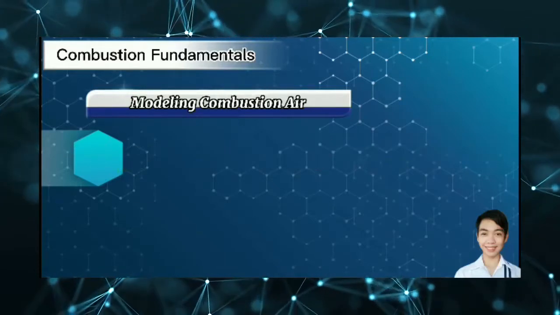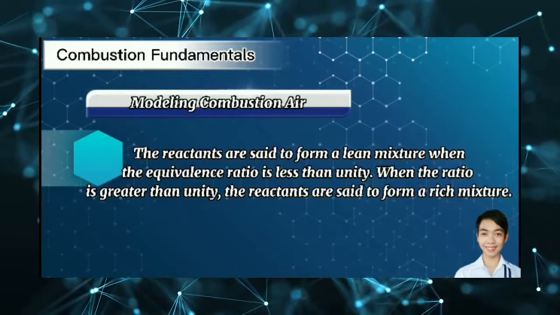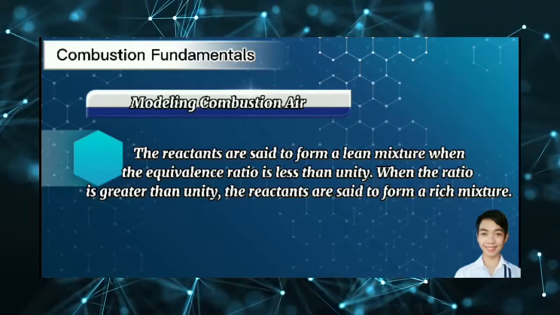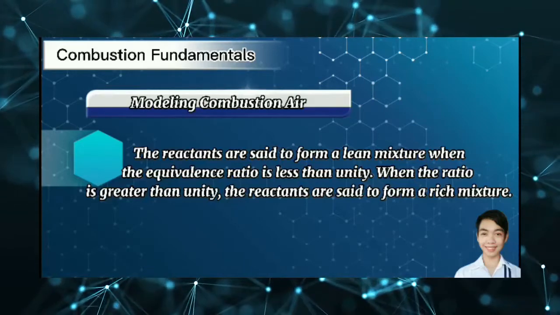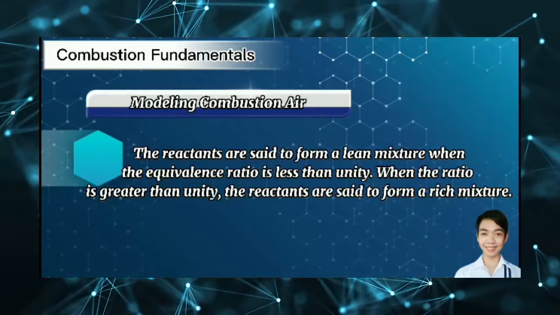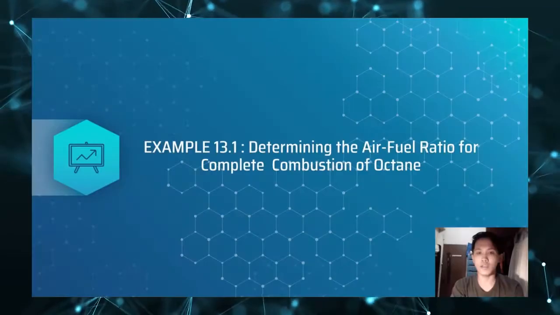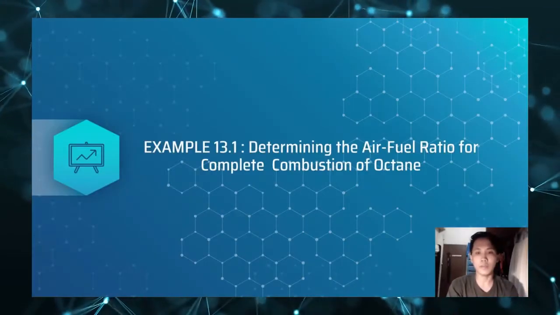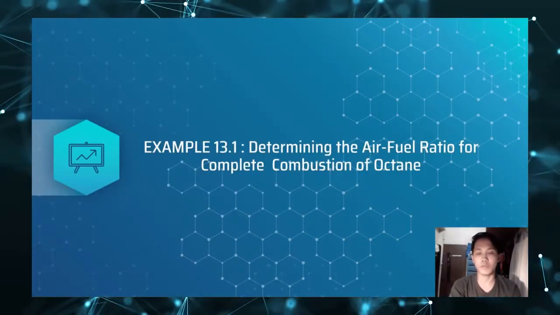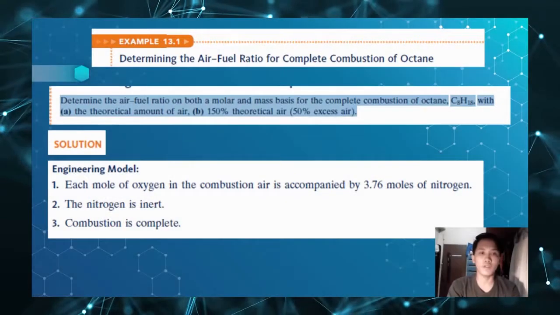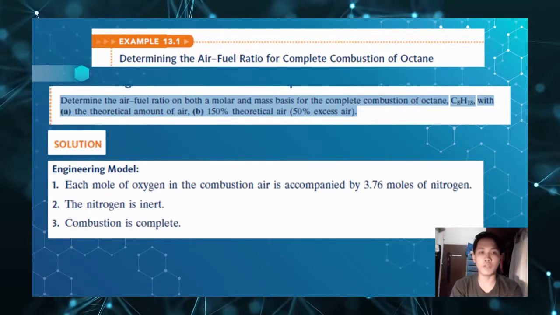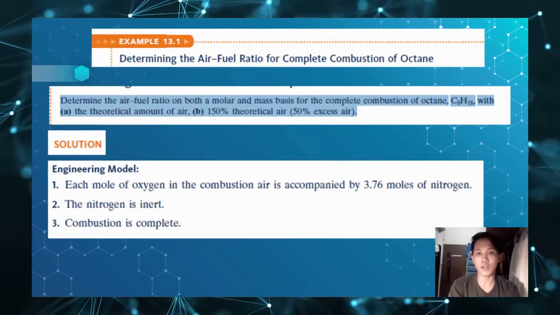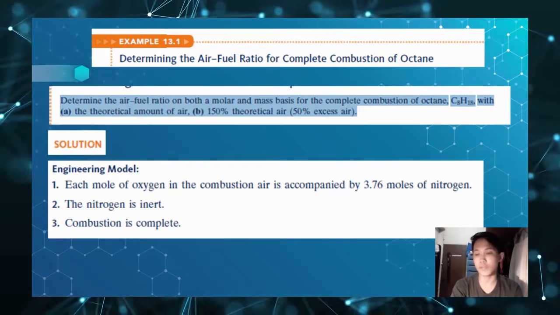The reactants are said to form a lean mixture when the equivalence ratio is less than unity. When the ratio is greater than unity, the reactants are said to form a rich mixture. In this slide, we will talk about determining the air-fuel ratio for complete combustion of octane. So we are given a problem. We will determine the air-fuel ratio on both a molar and mass basis for the complete combustion of octane with